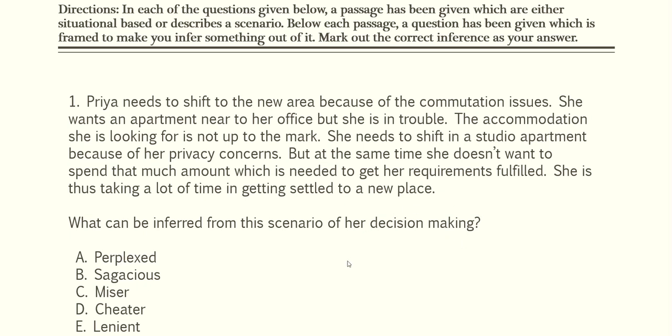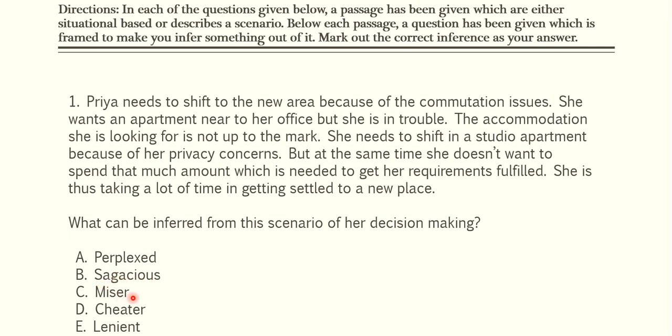Alright. So what can we easily infer from the passage? We can say that, see, let us first try to understand the meaning of the words. The words given in the options, let us have a look at their meanings at a glance. Fine. So what is the meaning of perplexed? The word perplexed means confused or puzzled. Fine. And what is the meaning of sagacious? Just a second. Perplexed means confused. Fine. And sagacious, it is an adjective, of course. It means having or showing keen mental discernment and good judgment. We can say wise. Fine. Someone who is wise.